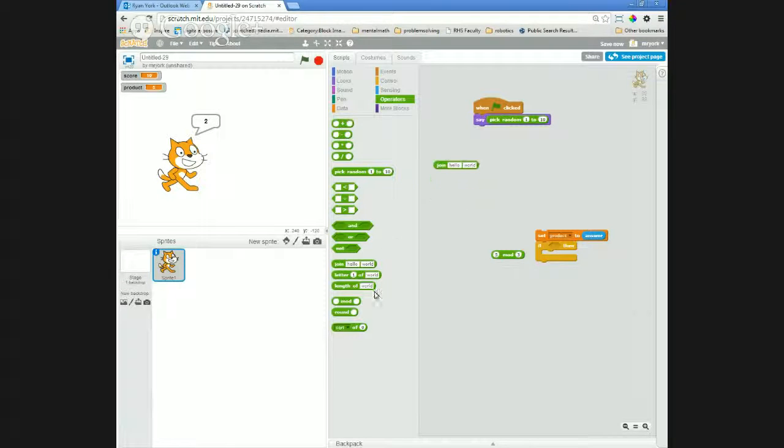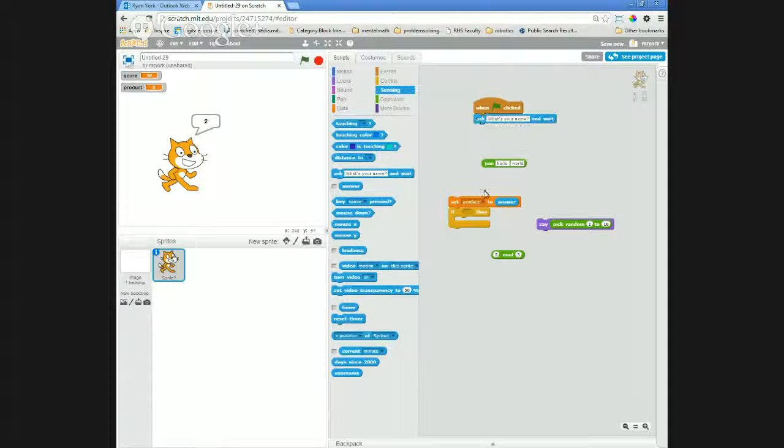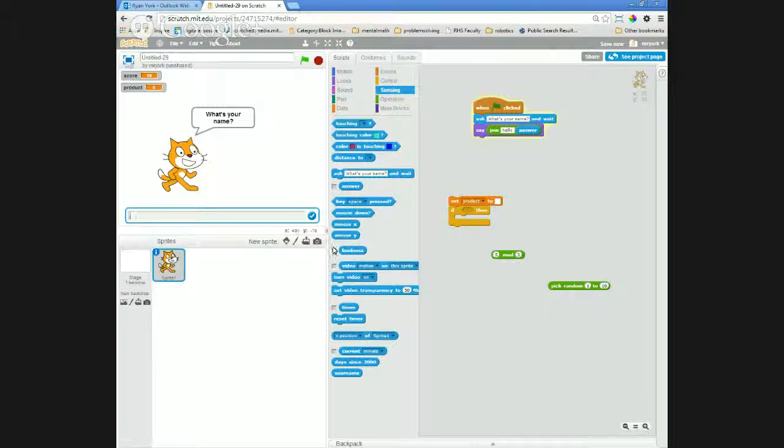Lastly, there's some very cool string blocks that we're able to use. We can join things together. So I could join, and let's come back over here. We're going to ask a question, and then we could join that answer together. So let's say hello to someone's name. So now the game's going to ask you what your name is. You type your name in, and now it's going to join the text hello with your name and say, hello,